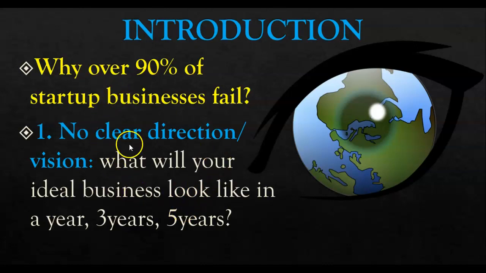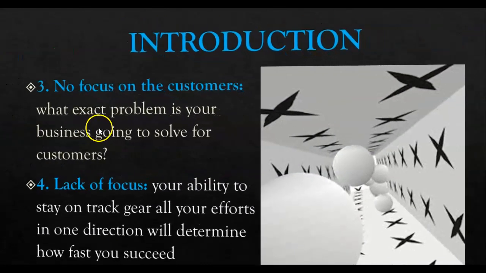All right, so if you are looking for something and you don't have a clear mental picture of that thing in your mind, it's very difficult to look for the thing. Or even when you find that thing, you might not know that this is what I'm looking for. Why? Because you don't really have a clear mental picture of what you are looking for. So number one, again, you need a clear vision for your business or a clear direction.